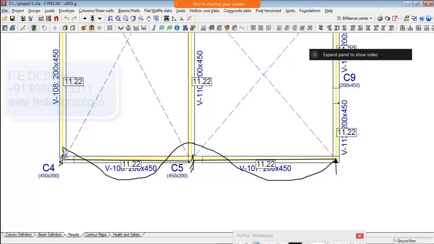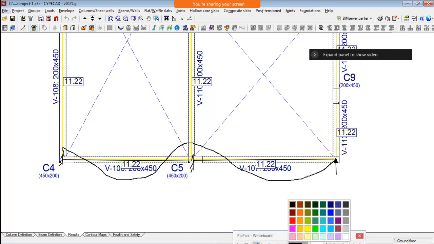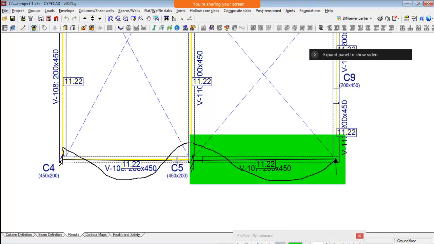Okay, and then there is a negative bending moment because there is a column fixity. So now this portion, this is the portion of the beam where we have one edge negative bending moment, another edge zero bending moment. This is actually called propped cantilever. This is neither fixed nor simply supported, it is a combination of both. So that is why it is called propped cantilever.